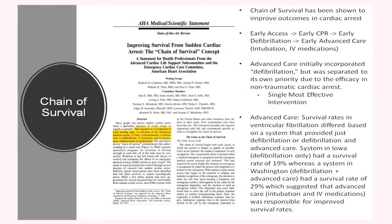And here's a paper in 1991 that described the chain of survival, which helped implement a protocol for pre-hospital cardiac arrest. It showed that early access, which meant calling EMS and educating lay people to reach emergency personnel earlier, was beneficial. Then early CPR, early defibrillation, and early advanced care. Initially, defibrillation was a part of advanced care, but through various cases, it was shown that defibrillation was so significant in improving outcomes of non-traumatic cardiac arrest that it became its own link in the chain. And they used intubation and IV medications